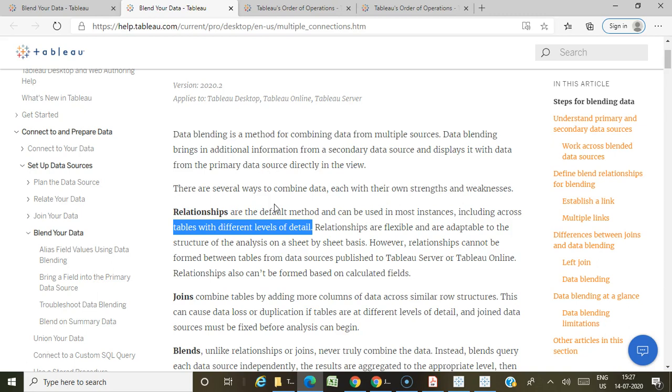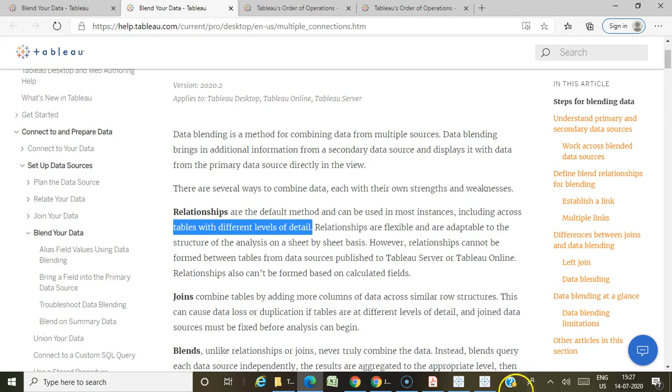Why am I referring to the Tableau help material for these videos without going for any PPTs? Because you have to concentrate on the help material only. They are going to mainly pick up the questions based on whatever is given in the help material. If you thoroughly read each and every concept from the help material, you can definitely clear the certification.